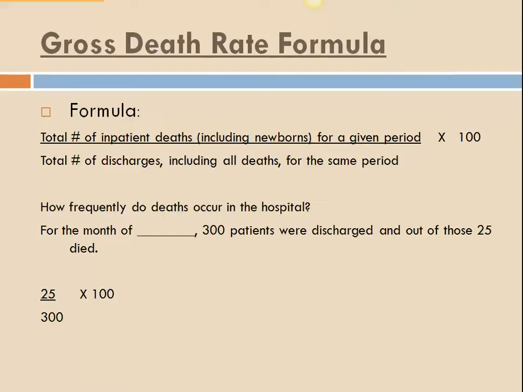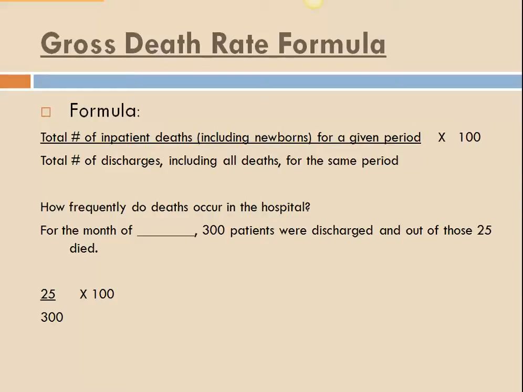One way to think about why you would be asked to calculate a gross death rate: if a hospital wants to know how frequently deaths occur in the hospital, this is when they could calculate this. You could answer it by saying, well, for the month of, or the week of, or during this past year, whatever the time period is, we had 300 patients who were discharged, and out of those, 25